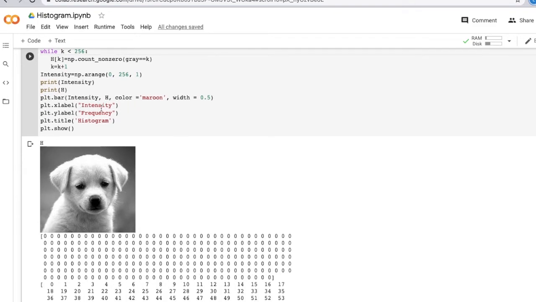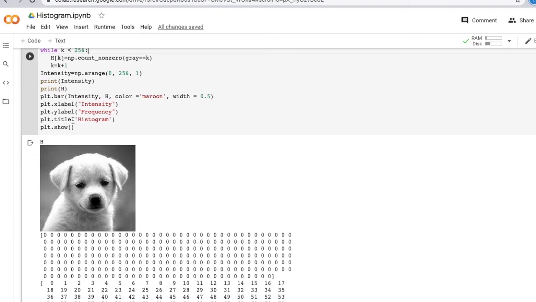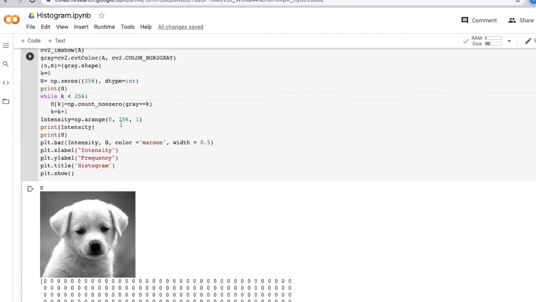X label is intensity, Y label is frequency. In a histogram we also have normalized. So in order to normalize, we just need to divide this H count by n multiplied by m. That you can also do. We'll put the title of the graph as histogram and then plt.show.